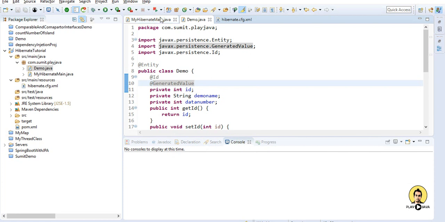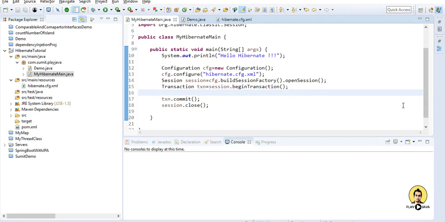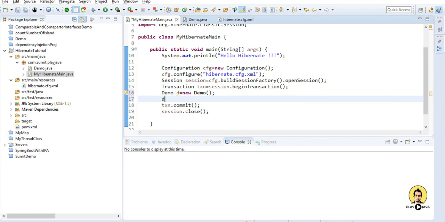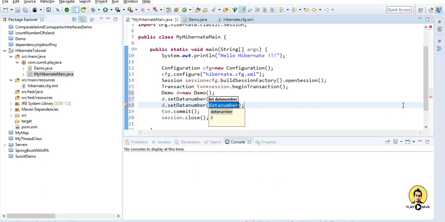And in this, I will create an object of demo and save it in the database. For creating the demo object, I will go to the demo class. Demo d = new Demo. d.setDataNumber, let it be 1234, and d.setName, I'll set as Sumit.